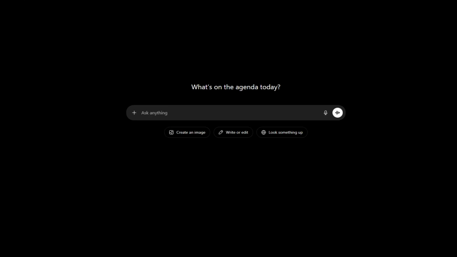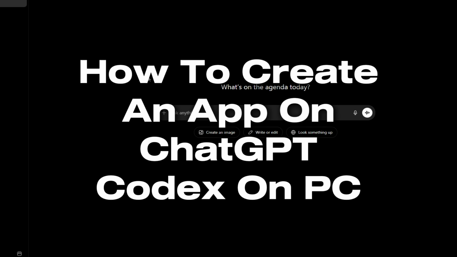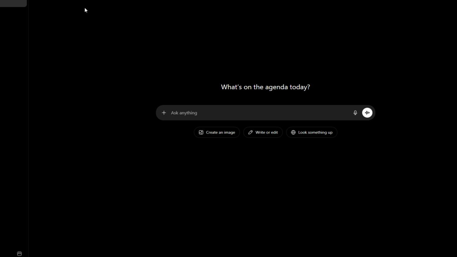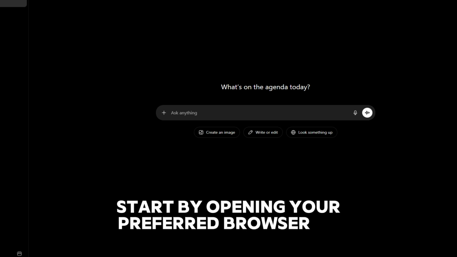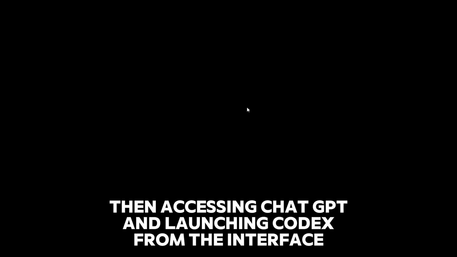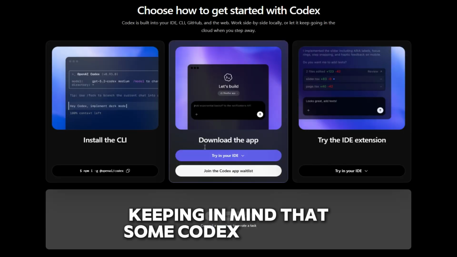Today, let me show you how to create an app on ChatGPT Codex on PC. Creating an app using ChatGPT Codex on Windows starts by opening your preferred browser or the ChatGPT app and logging into your account. Then accessing ChatGPT and launching Codex from the interface, keeping in mind that some Codex features may